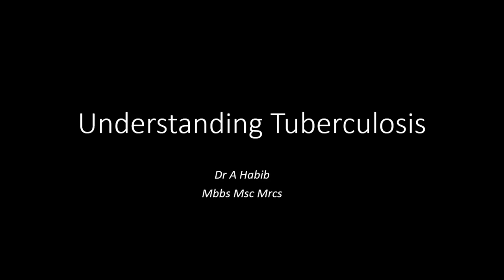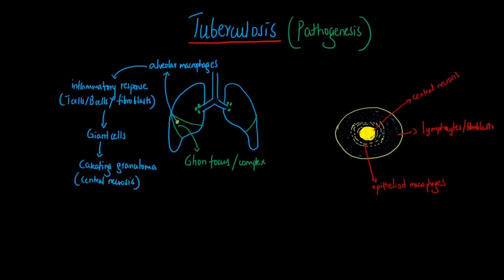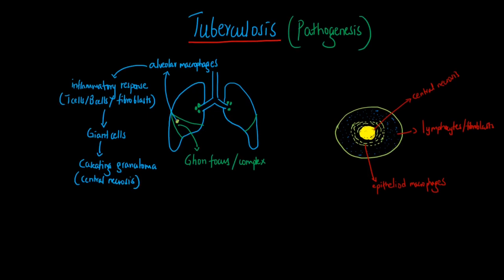In today's video we'll be discussing the pathogenesis of tuberculosis and the outcomes following the initial infection. Tuberculosis is caused by the bacterium Mycobacterium tuberculosis, and this is an aerobic bacillus. It has mycolic acid as one of the components of the cell wall, and this makes it quite resistant to